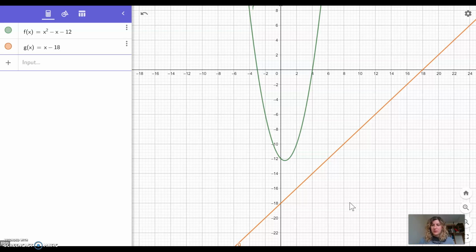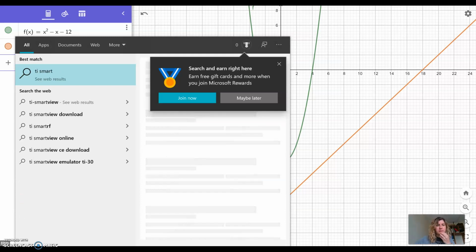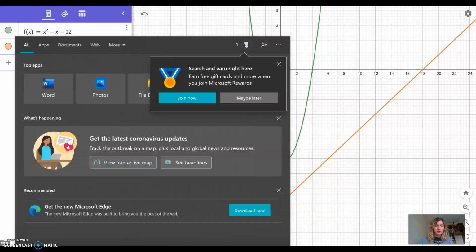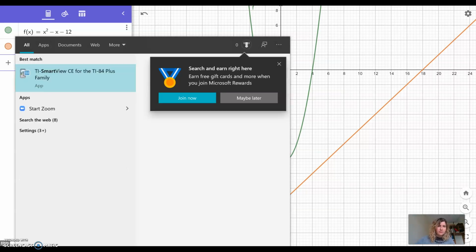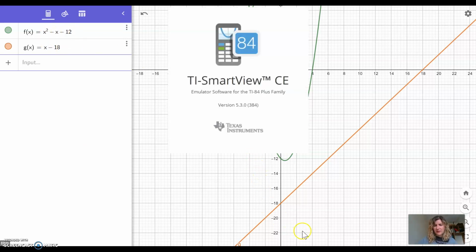So in this case, if you tried to find the intercepts between them, I'll show you quickly on my calculator, Smart View. So on my calculator, if I brought x minus 18 across to the other side, we'd end up with x squared minus 2x plus 6, because you'd be adding 18 to that negative 12. So if I put this in,